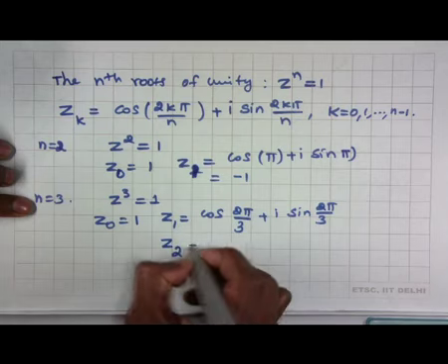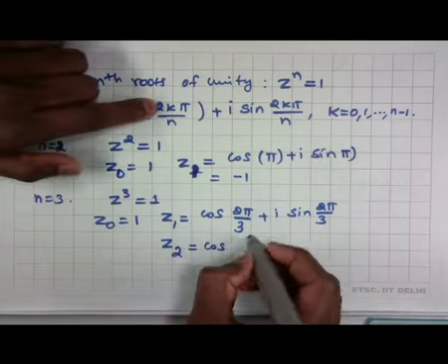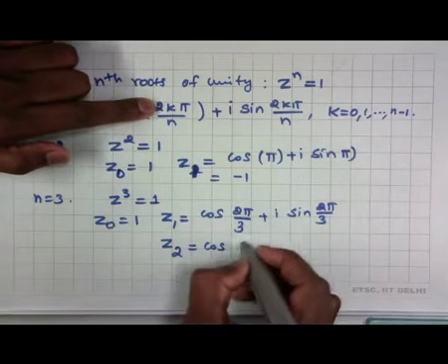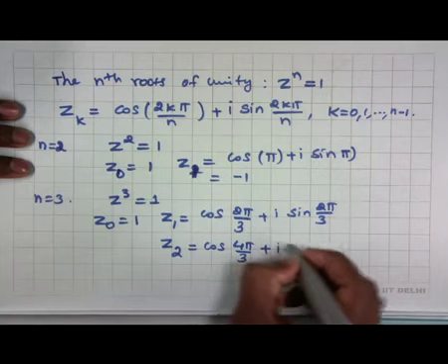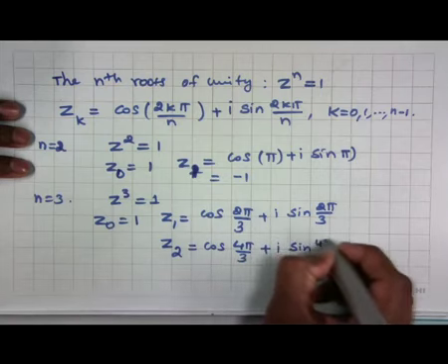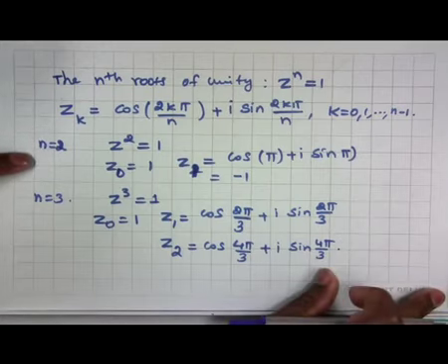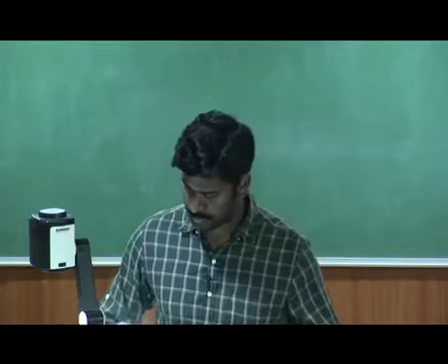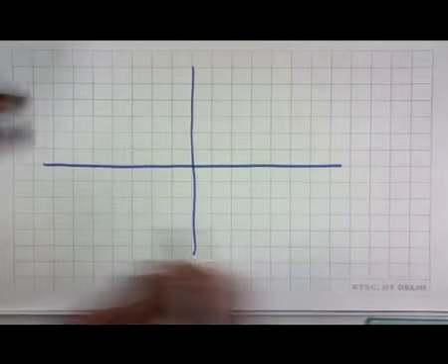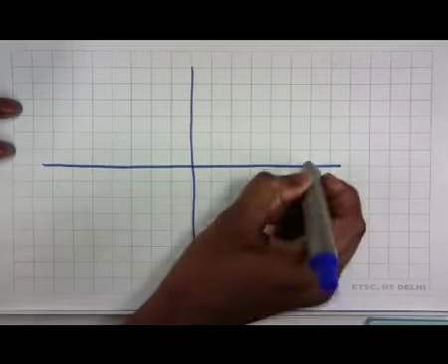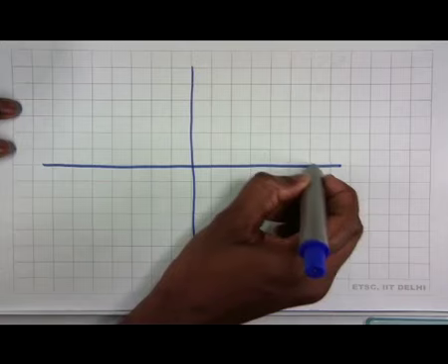z2 is, which is cos of, k value is 2, that is 4 pi by 3 plus I sine 4 pi by 3. Now let us try to visualize this geometrically. So when we take the nth root of unity,